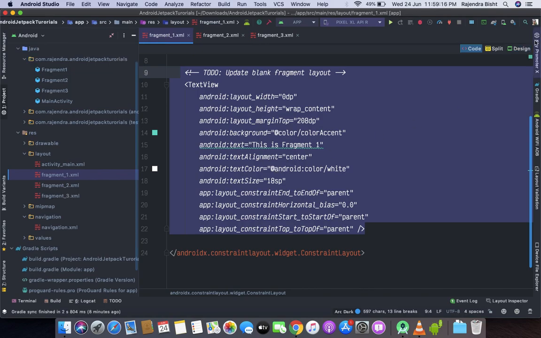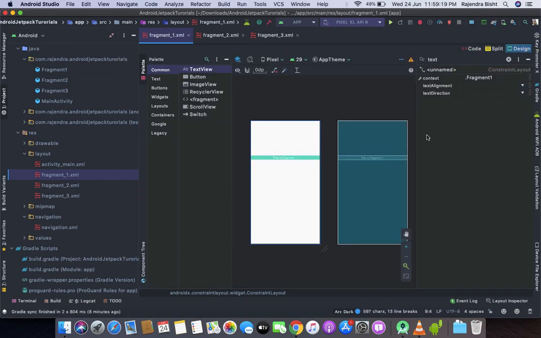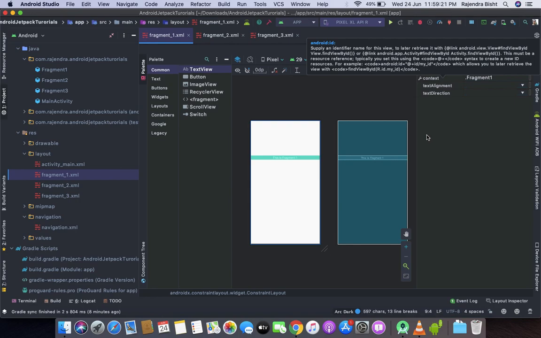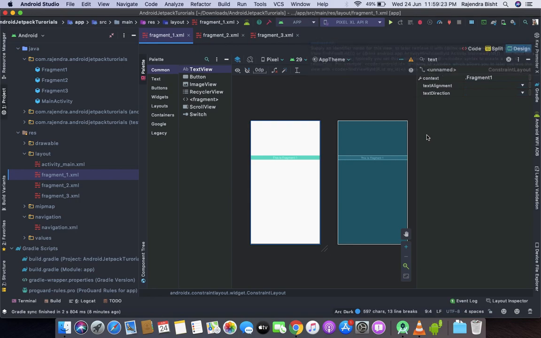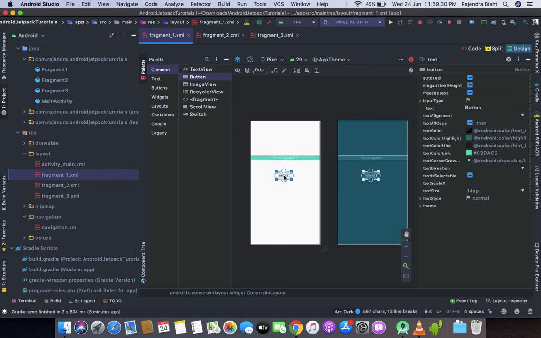Now I will add a button on whose click listener we will navigate from one fragment to another. Let's add a button.